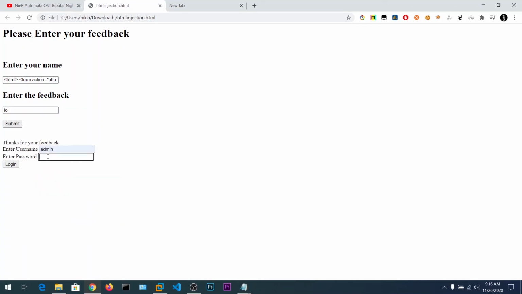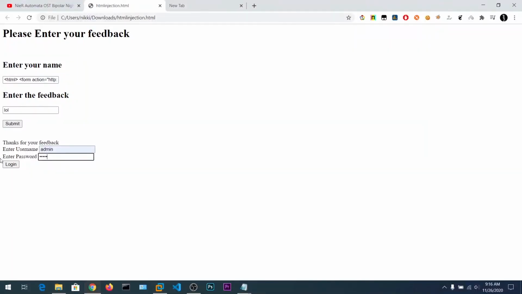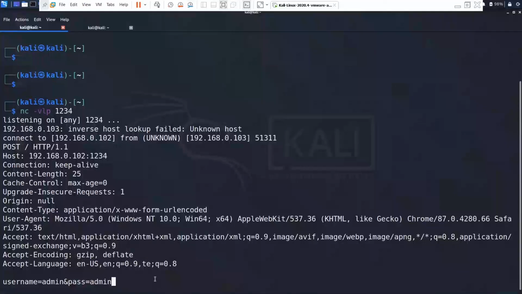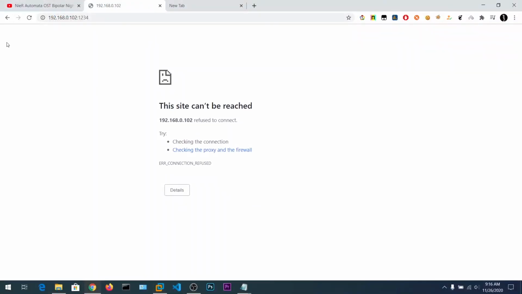Now I can type admin and admin, and if I click on login, the post request will be received by our Kali Linux machine. Now you can see this is the post request to this IP address, and the username is equal to admin and pass is equal to admin. That's how you do a phishing attack using HTML injection.